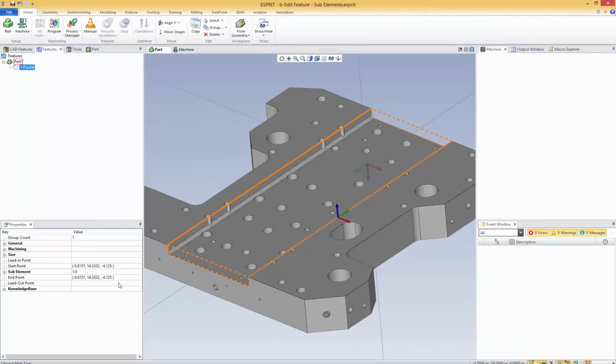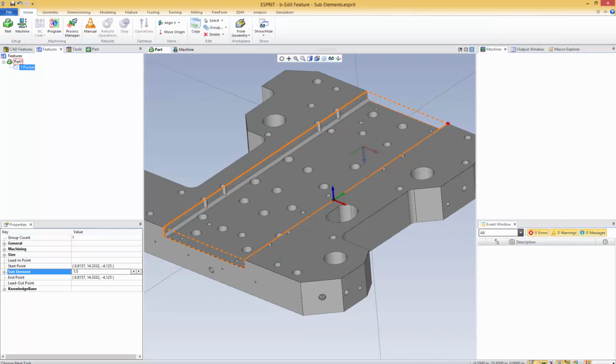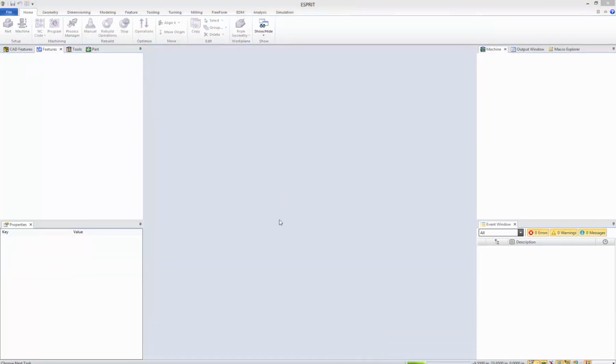And the thing I want to show you here is that if I go here in sub-elements, I can see I have only 5 sub-elements on that feature. So it means that from, let's say, 20 sub-elements maybe, I jump to only 5. So here it connected all these elements together in just one single line, which is quite cool because then your toolpath will be much cleaner. Okay, so let's jump into another part.